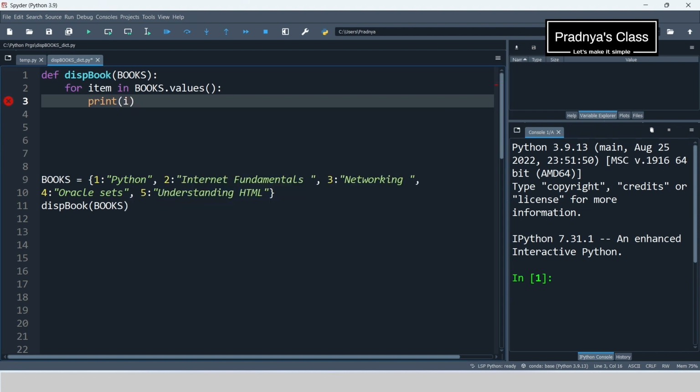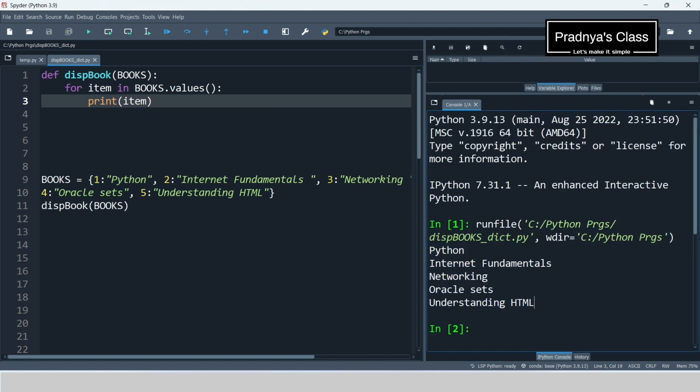For that we have used the variable item. Let's run and check it. You can see the output. We are getting all the book names, that is the values of the dictionary, but we don't have to print all the book names. Now let's check the criteria. The criteria is the book name should start with a consonant.